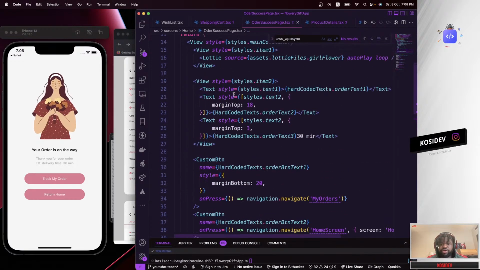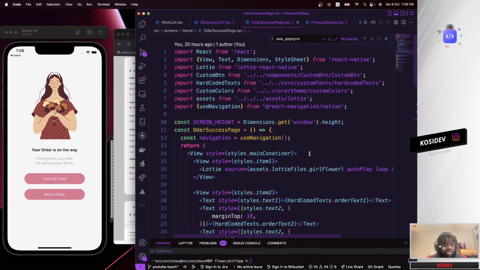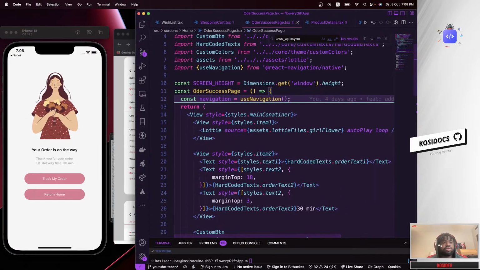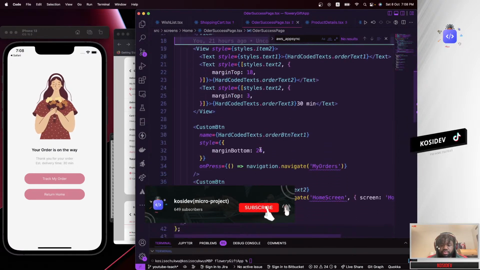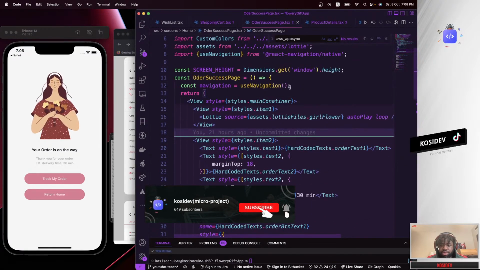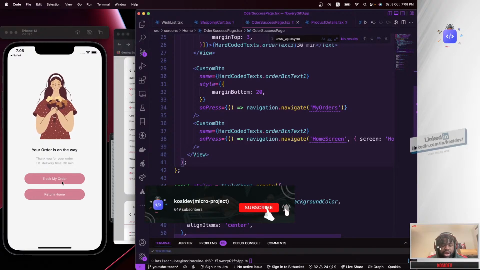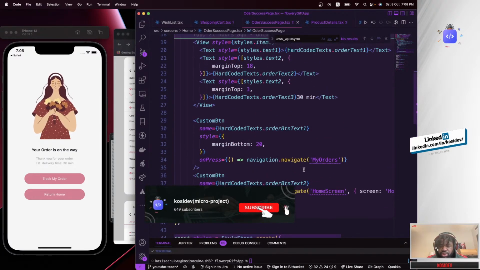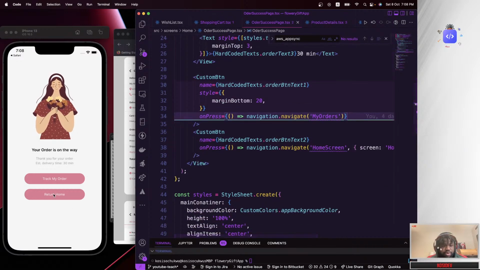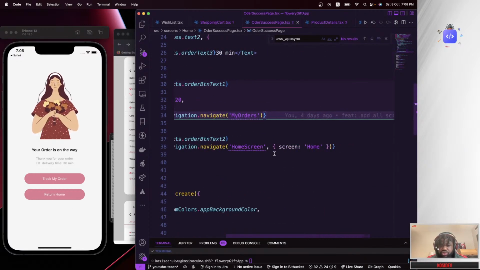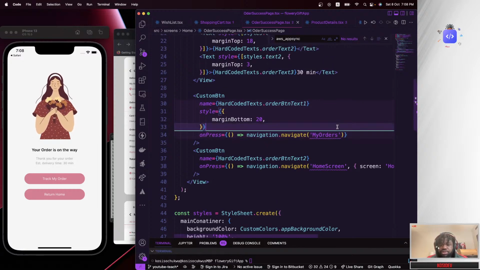Okay, so over here we are in the order success page. Let's say when the user taps on track my orders, where's the button again? Okay, navigate to my orders, and if they tap on return home, take the user to the home screen. Let's work on this.